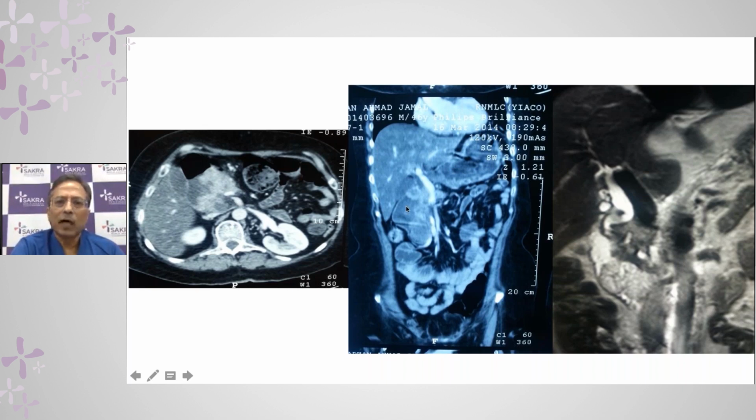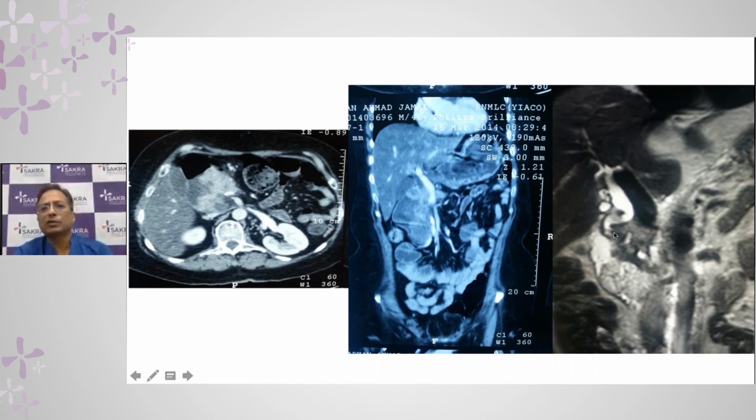And this is the coronal representation of the same. And as you can see, this is the gallbladder. This is the superior mesenteric vein. And this is the large tumor over here, with, you can see, this is the infiltration in the superior mesenteric vein. And this is the MR of this. And you can see this bile duct is dilated with obstruction in this area. And all this whitish thing is the cystic component of this large tumor.